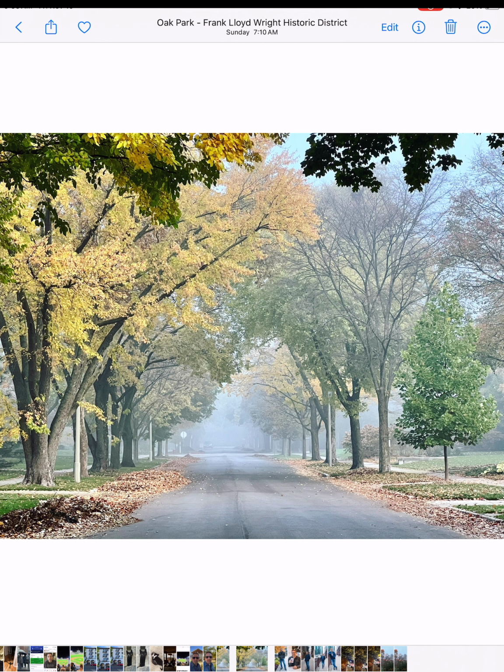And this is a photo anybody could have taken. It's actually not uncommon to have a tree-lined street and take a picture down it. It happens to be foggy this morning. This is in Oak Park, Illinois. The moral of this story is if it's foggy outside, go out and take some photos